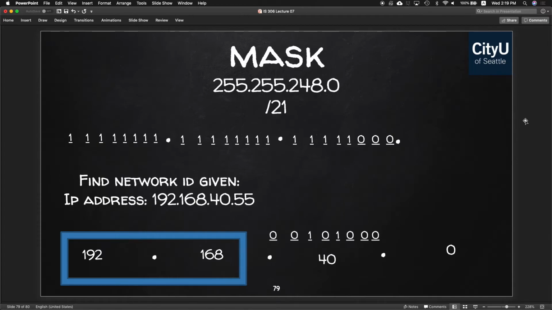Now there's a simple question. Let's say you're given the other way around. You have a mask: 255.255.248.0, and /21. Just think of a /21 first. You go from left to right. You get 8 plus 8 is 16, plus 5 bits, and that forms your 21. Okay? So, going back first,